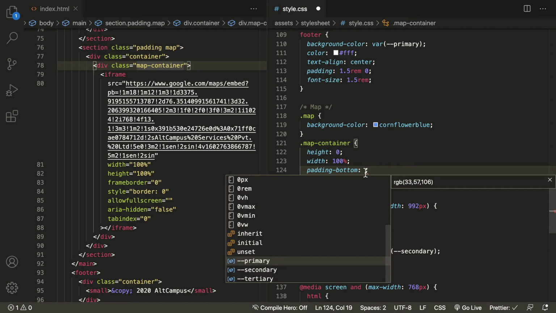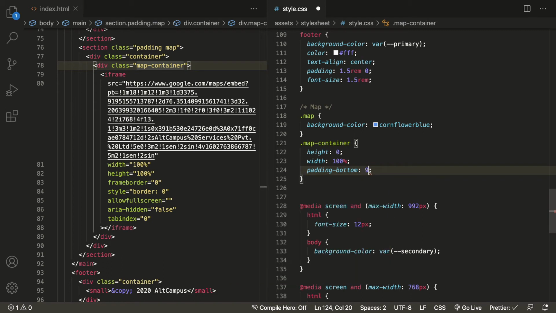So how can we calculate the padding bottom in percentage? 16:9 is the ratio, and we know how to calculate percentage. It should be 9 upon 16. This is how we can calculate the padding bottom according to the screen ratios.